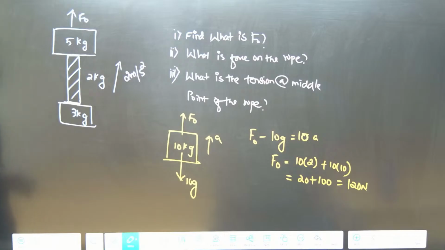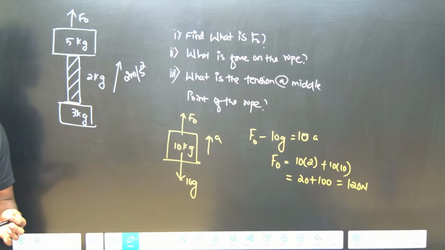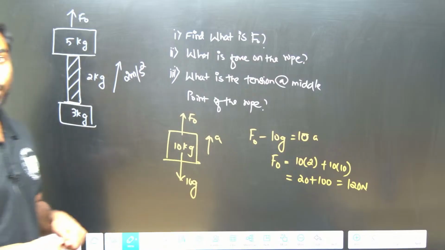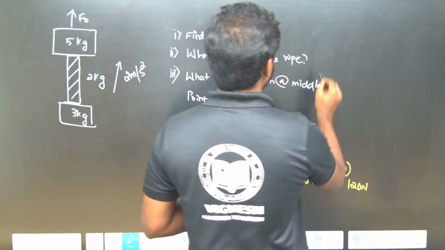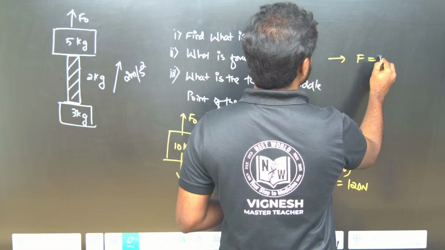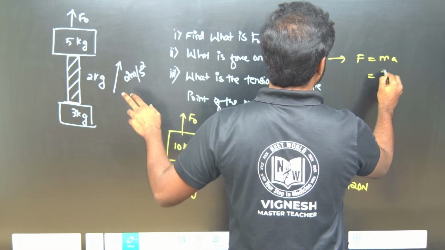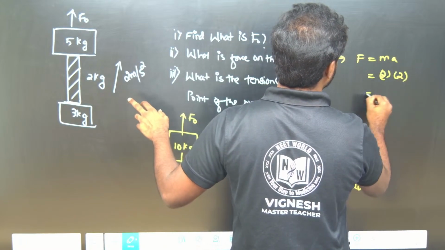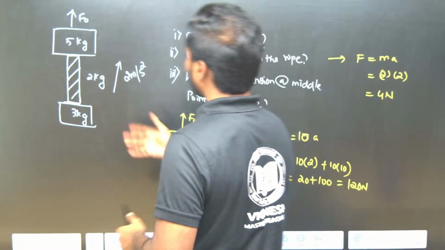So second question, what is the force on the rope? Force on the rope means F equals mass into acceleration. Mass of the rope is 2 and acceleration is 2, so it is 4 Newton. Only force on the rope is